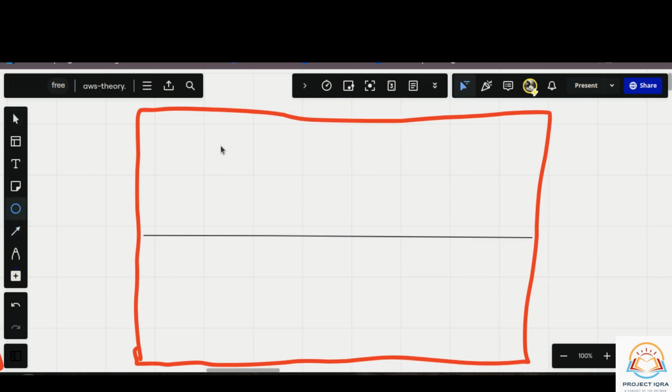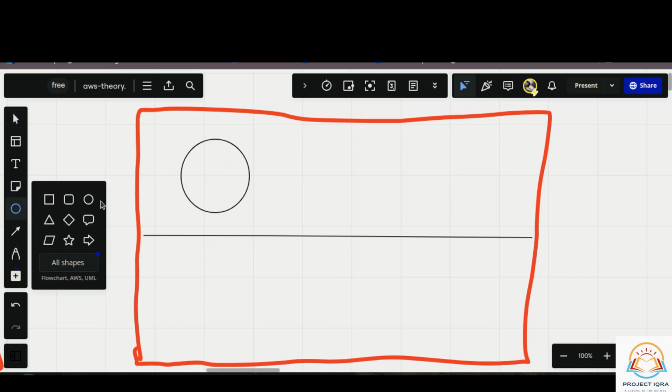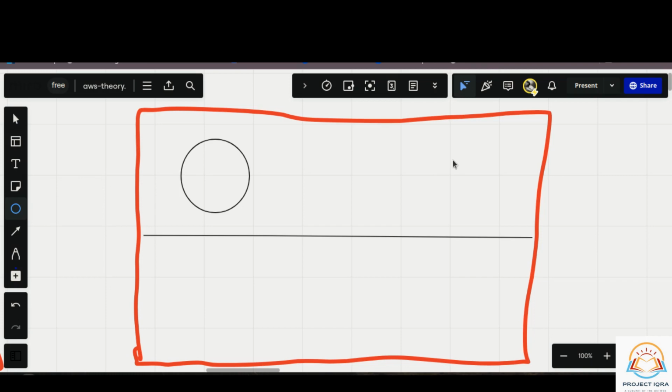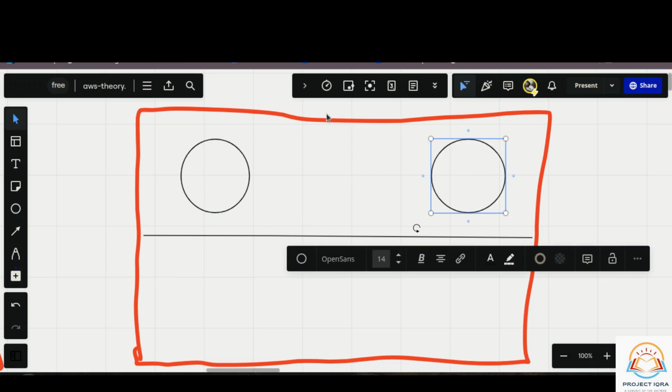Okay, wait for a minute and I will create a structure for you. Right,